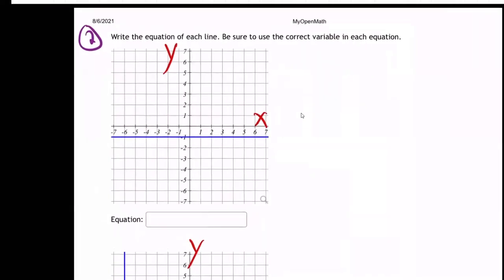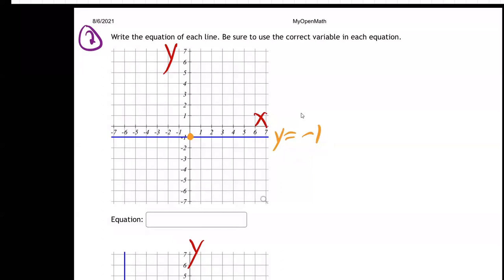Look at this first one here. Which axis does the line hit? It hits the y-axis. So this equation is y. Here, let me write it. It's y equals -1. Done for that one. Does that make sense? Because that line goes straight through the y-axis, right? It goes through this vertical y-axis at -1. So it's y equals -1.